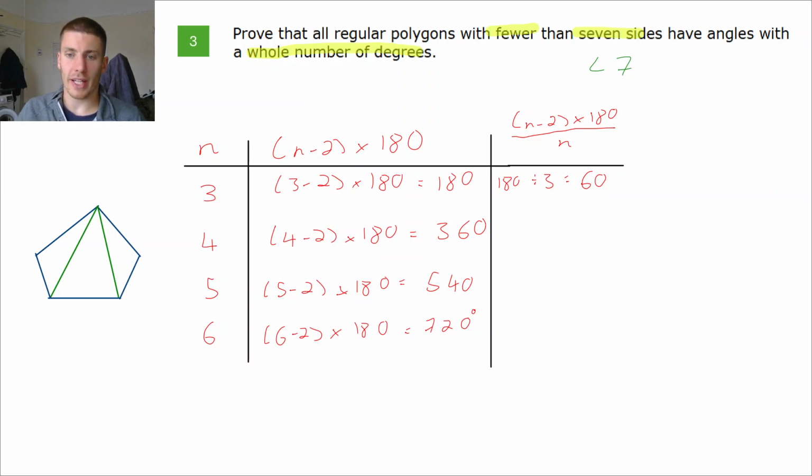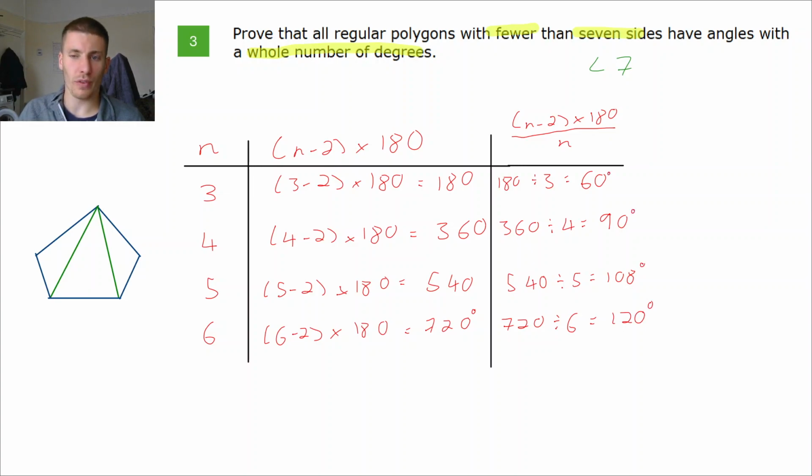Your next one, we're doing 360 divided by your number of sides, which is 4. So 360 divided by 4 is equal to 90. Then doing 540 divided by your number of sides, which is 5, which is equal to 108. Last but not least, we're doing 720 divided by your number of sides, which is 6, which is equal to 120. Okay, so you can see here, degrees,